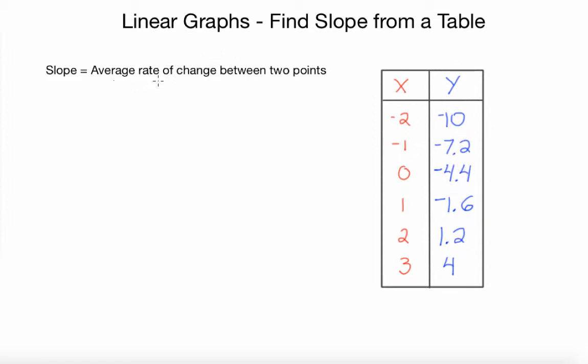So let's take a quick moment reviewing slope. Slope is just the average rate of change between 2 points. So if I have 2 points, I want to know how much am I changing along x and how much am I changing along y? Another way to think about slope is, I'm going to do a couple other definitions here. When I think about this average rate of change, I want to look at how much is changing on the y values,